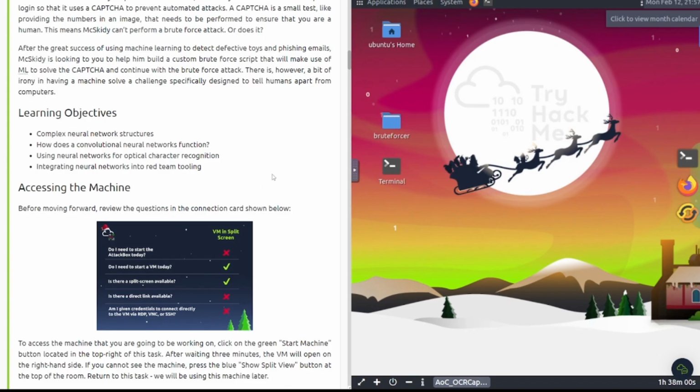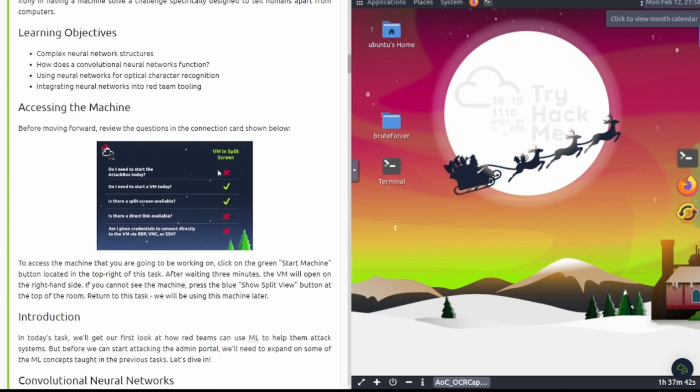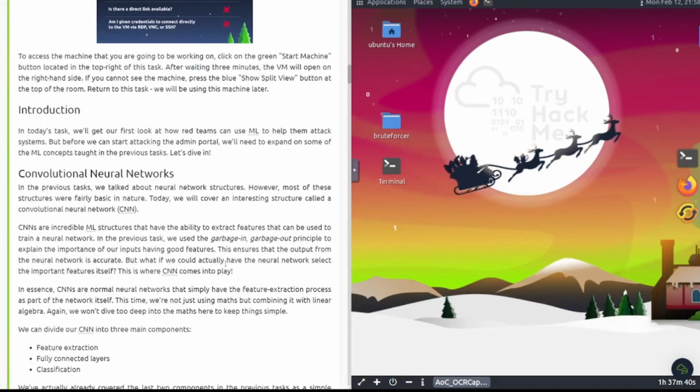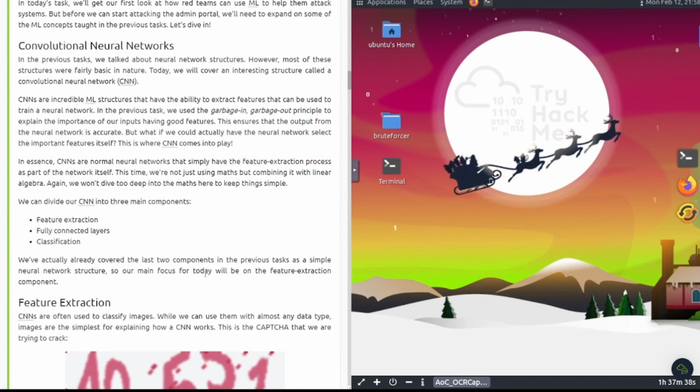Learning objectives: complex neural network structures, how convolutional neural networks function, using neural networks for optical character recognition, and integrating neural networks into red team tooling. It sets up the machine. Be sure to read through that. I already got the machine started, as you can see here, and it starts talking about